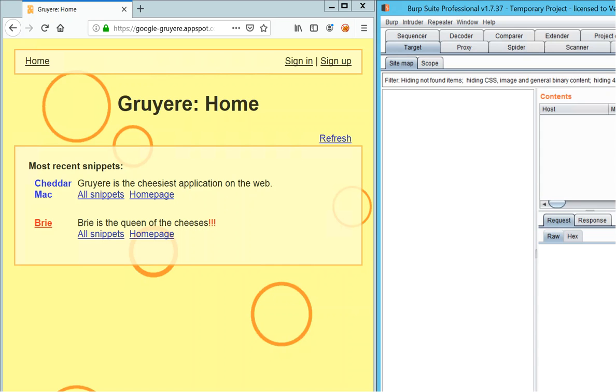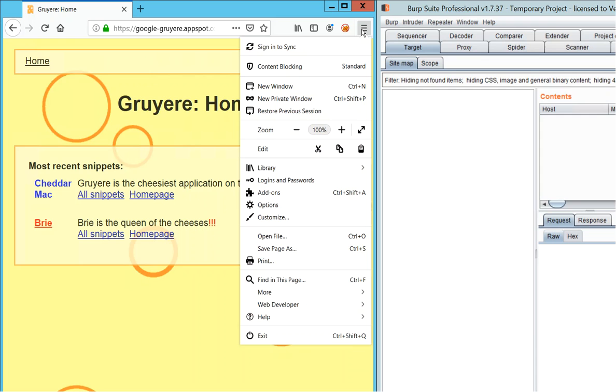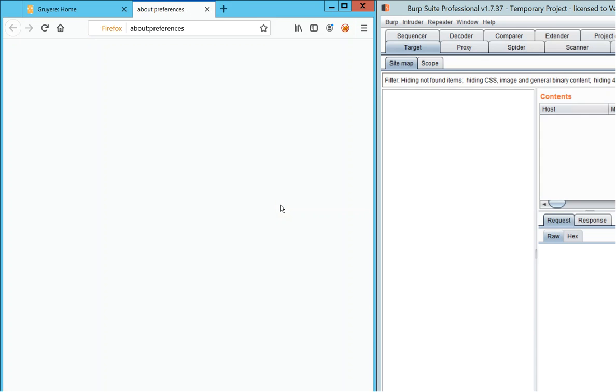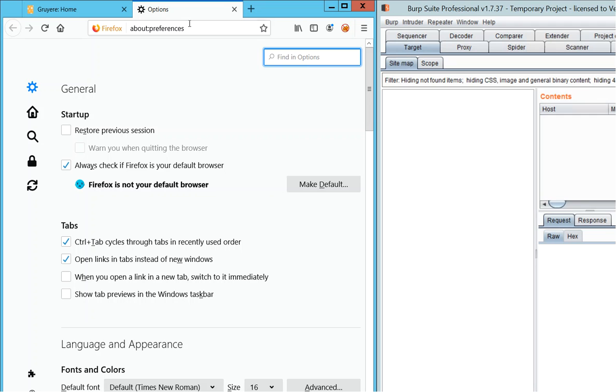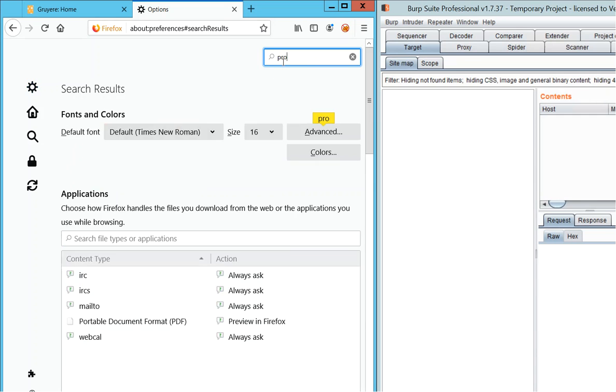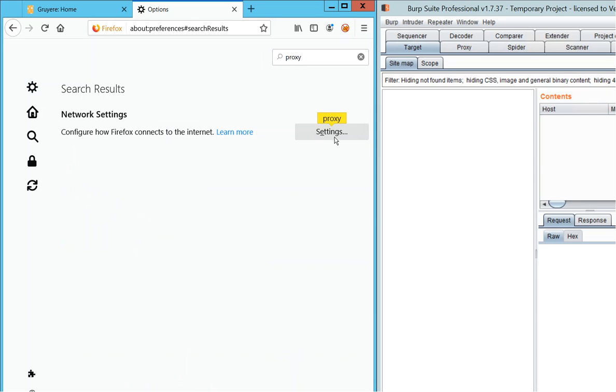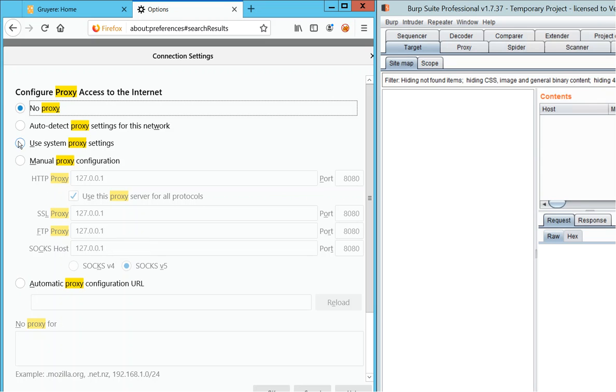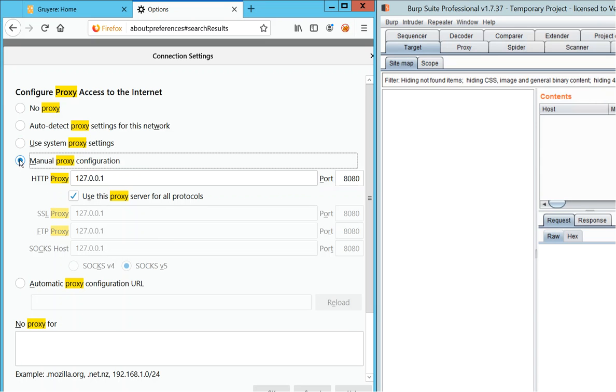To start testing with Burp, you have to make sure that your browser is configured correctly so that the traffic from your web browser will be picked up by the Burp security tool. So look at our browser here, go into the settings, click options if you're running the Firefox browser, which I highly recommend. You can type in proxy here, click that,